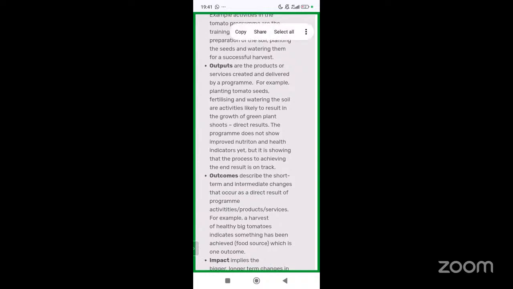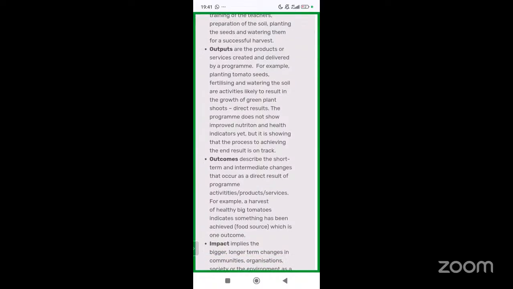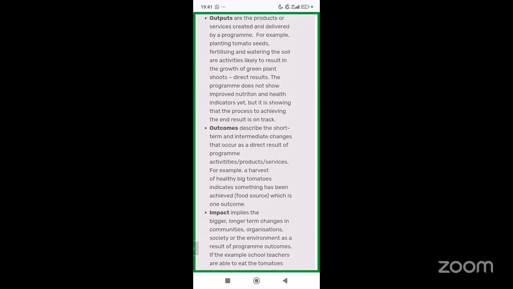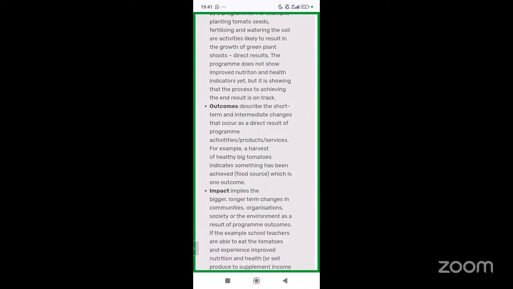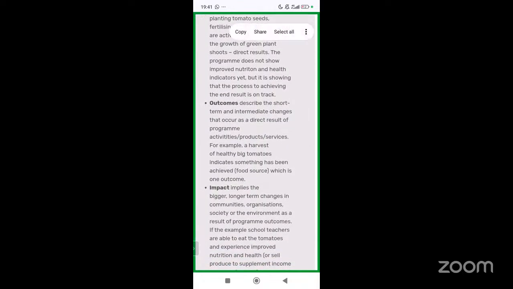So now there are two things I want to put attention on: outcomes and output. The difference between output and outcome. Outputs are the products or services created and delivered by the program. These are the tangible things. Then what are the outcomes? Short-term and intangible changes that occur as a result of the program. So harvest, something you can see.